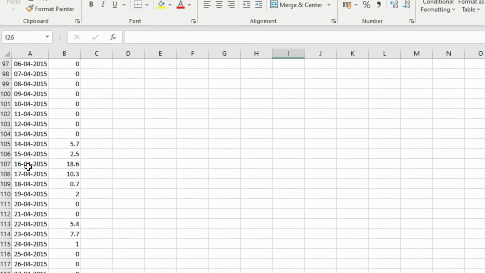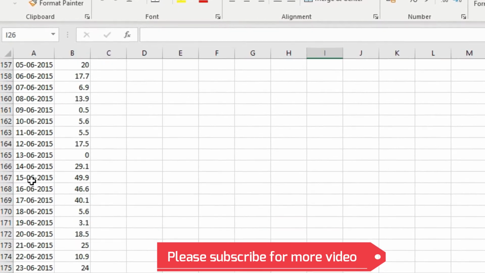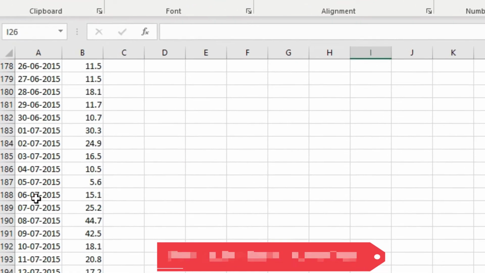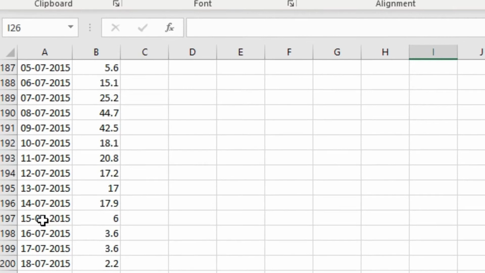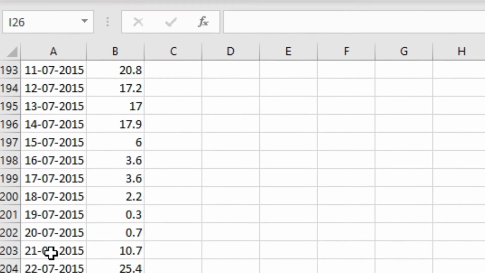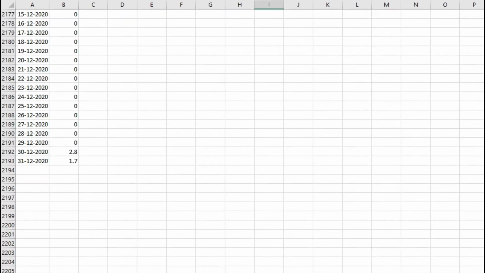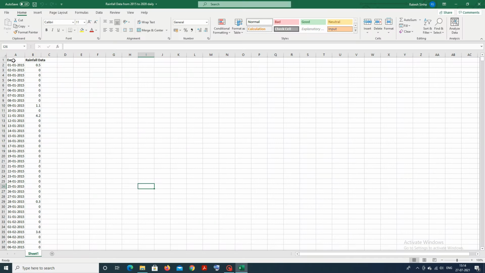When you scroll down that Excel file, you can see this is the daily data, and it continues till 31st of December. I mean, this is the 6-year data on a daily basis, starting from January 2015 to December 2020. This data we will convert into monthly, quarterly and yearly without writing any equation.